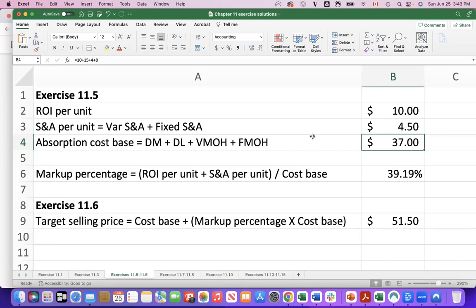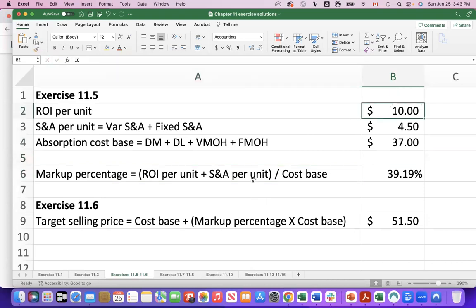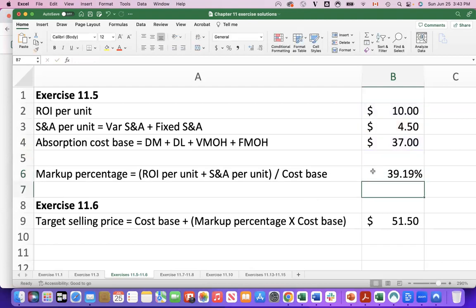Now that we know those items, we can go ahead and calculate the markup percentage. And remember your formula for the markup percentage, the numerator, it's your return on investment, which we said was $10, plus your selling and administrative expenses per unit, which was $4.50. And we divide that by our cost base, which was $37. And you can see the formula there, the 10 plus the $4.50 divided by the $37. We get a markup percentage of